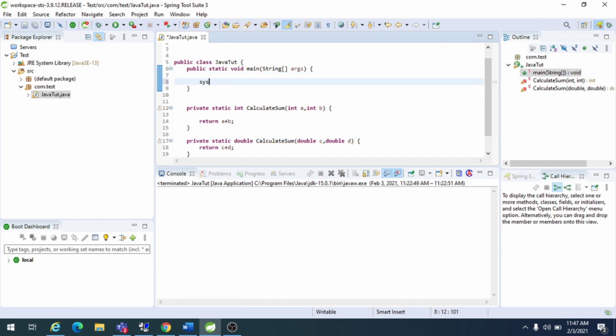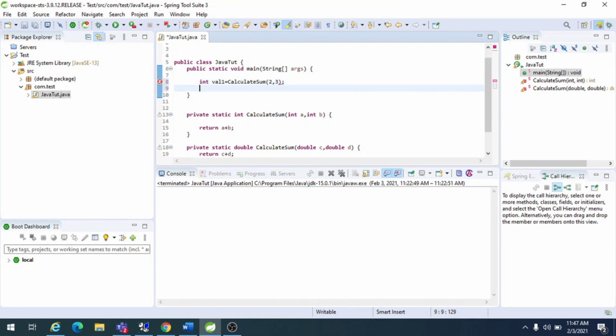So I will call here int L1 equals calculate sum of 2 comma 3, and double L2 equals calculate sum of 3.0 comma 4.0.